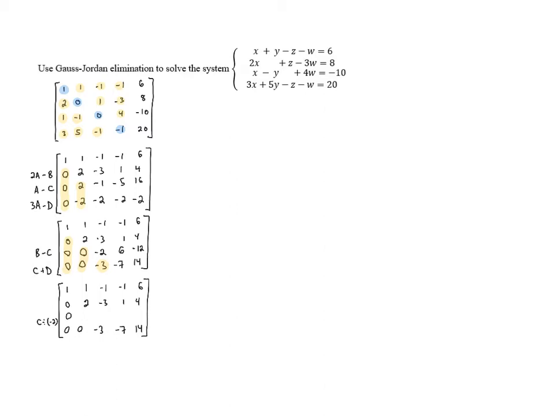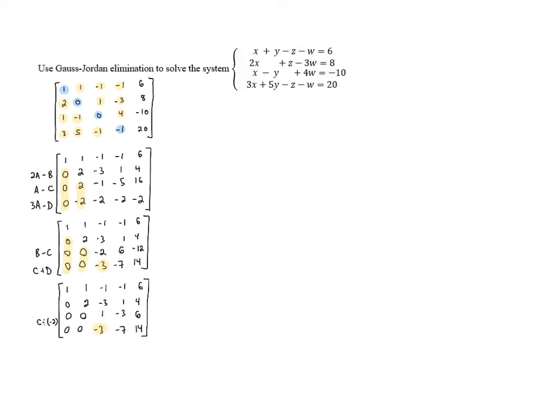So we've got 0 and 0. Negative 2 divided by negative 2 is 1. 6 divided by negative 2 is negative 3. And negative 12 divided by negative 2 is positive 6. All right, this is going to be helpful because now it'll be a little bit easier to turn this negative 3 into a 0. What we can do is take row C, multiply it by 3, and then